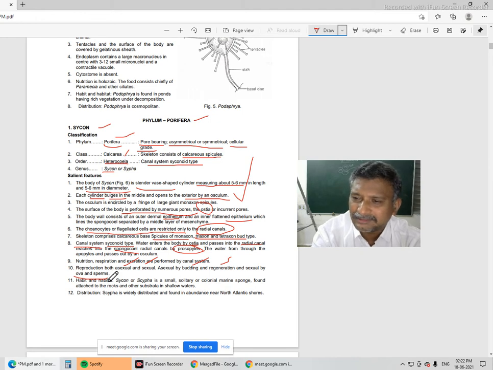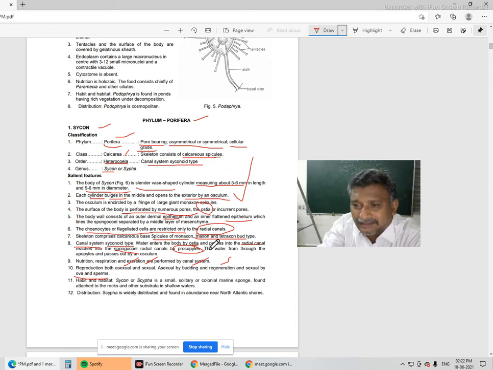Pores we can see. Yes, numerous pores are there, ostia. Yes, the ostia character will be observed. Only one bigger, larger anterior opening will be there, called the osculum. That also can be observed. So many small spine-like structures are present throughout the body. Yes, that character also will be there. And a folding nature may be there in their body wall. That character also will be there. The remaining other characters may not be visible.